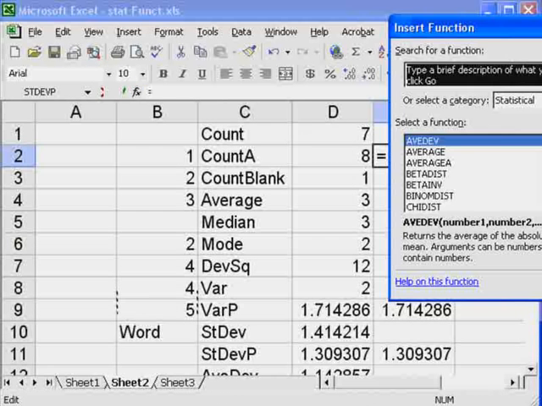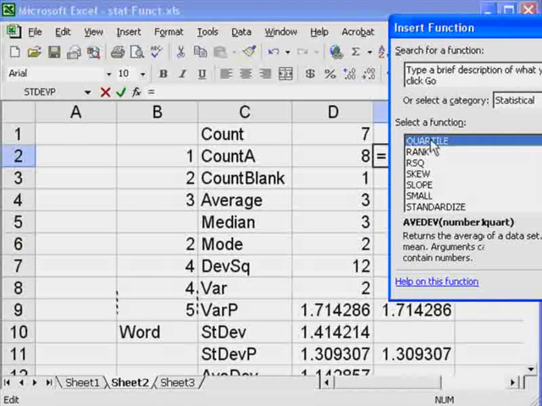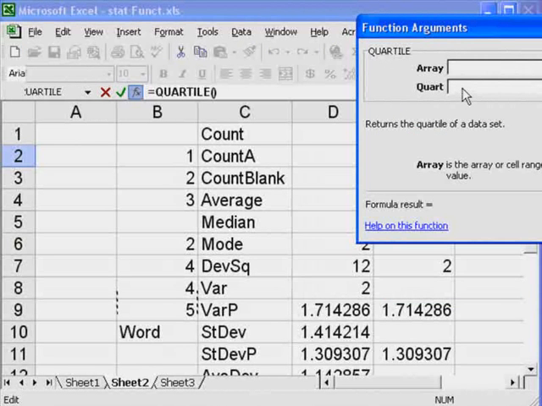Let's go down to quartiles, which would be a good example. Let me go to quartiles. Quartile is a multi-argument one because we have to say which quartile we want. Do we want the first quartile, the second quartile, or the third quartile? So here I'll click on quartile. I'll say OK. And it'll ask me for the array, that is, where's the data, B2 colon B10, and then